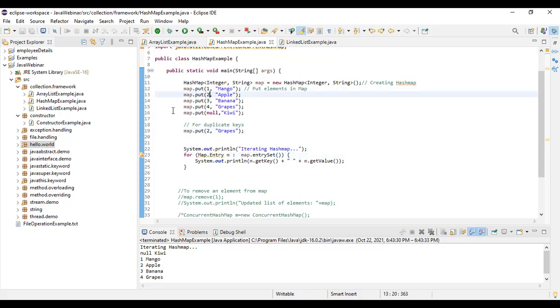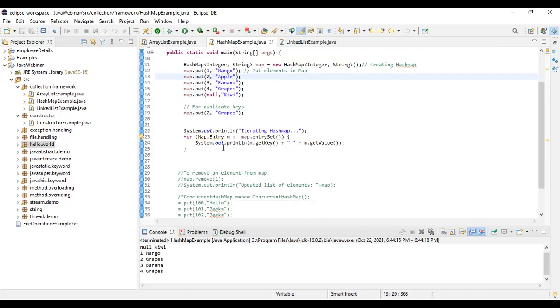I'm using the same key again and adding grapes. Let's see what it will do. See, now 2 is replaced with grapes. This apple is gone. It will just replace whatever is there in that particular key with the new value. That is the reason it will not allow duplicate keys in the HashMap. So this is how the HashMap works.